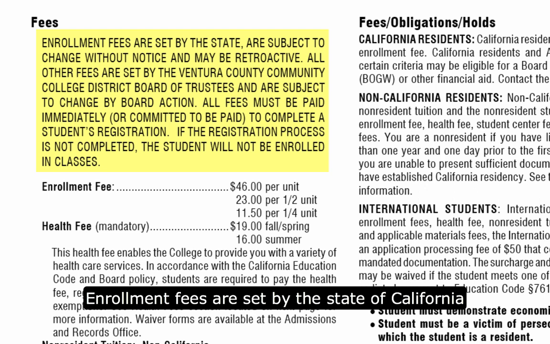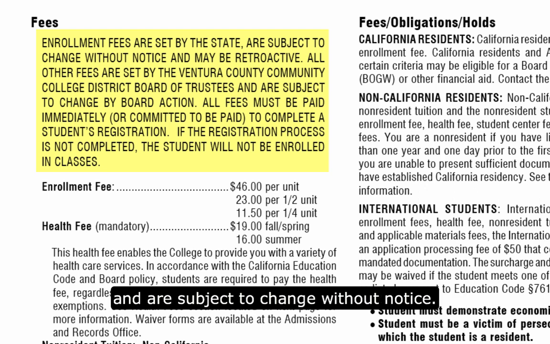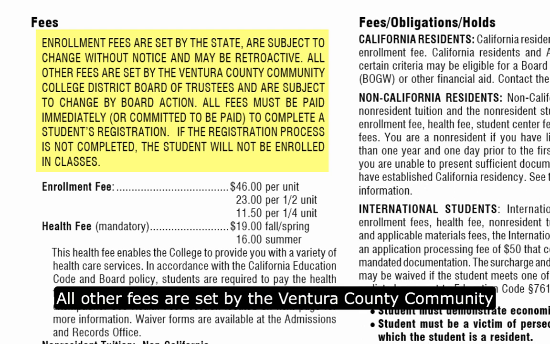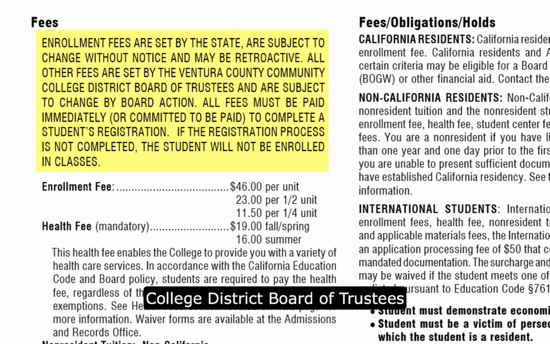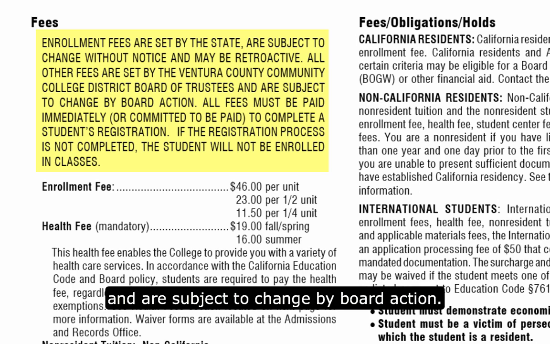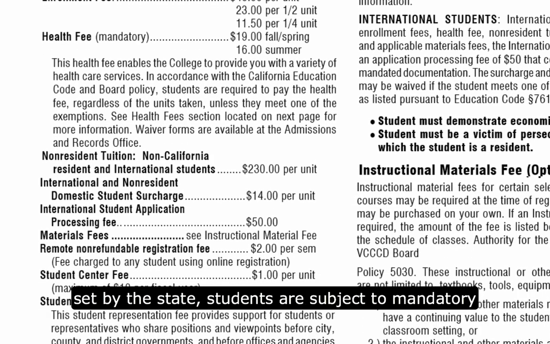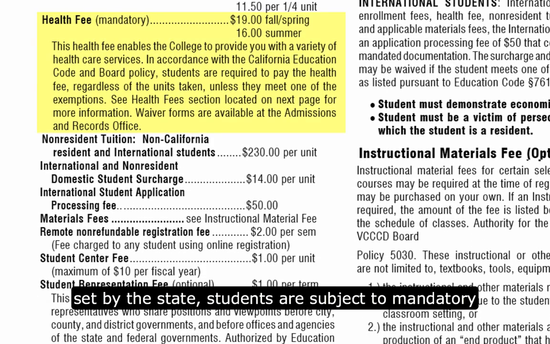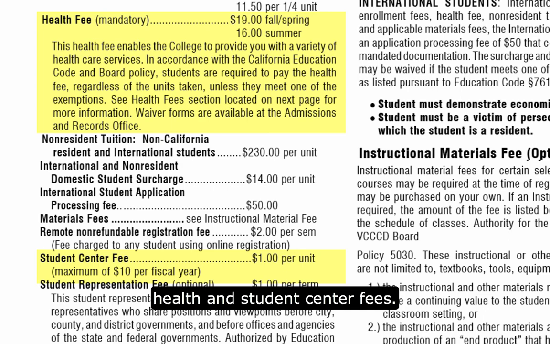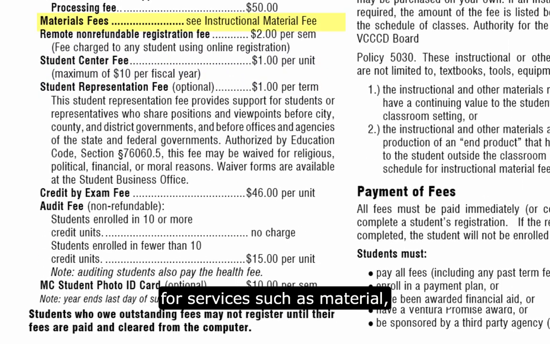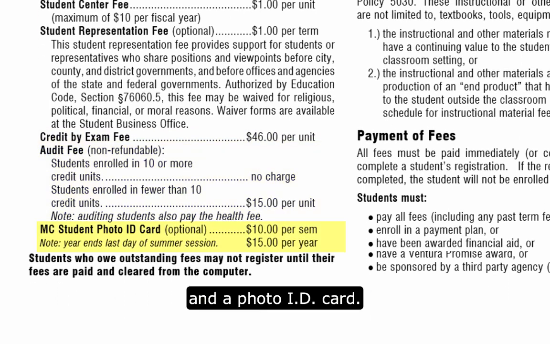Enrollment fees are set by the state of California and are subject to change without notice. All other fees are set by the Ventura County Community College District Board of Trustees and are subject to change by board action. In addition to the current per-unit enrollment fees set by the state, students are subject to mandatory health and student center fees. Students may also be charged other fees for services such as material, credit by exam, course audit, and a photo